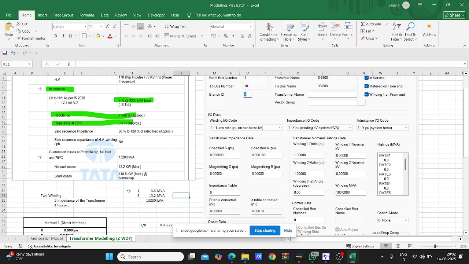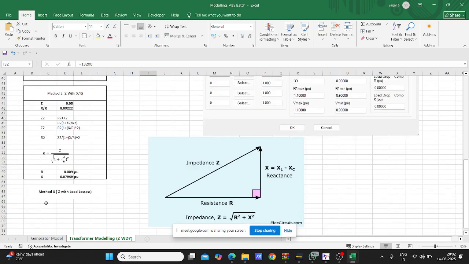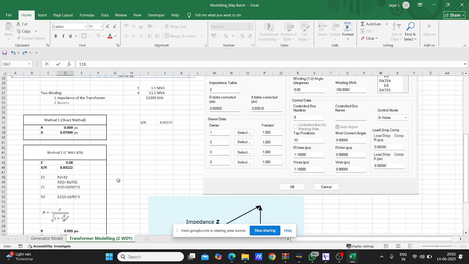So they have calculated the load losses with the four transformers combined for this particular SLD. They have given it for 13,200 kVA, so the kVA at the particular load losses is equal to 13,200, which in terms of MVA means 13.2 MVA. And then your load losses is equal to 118.8